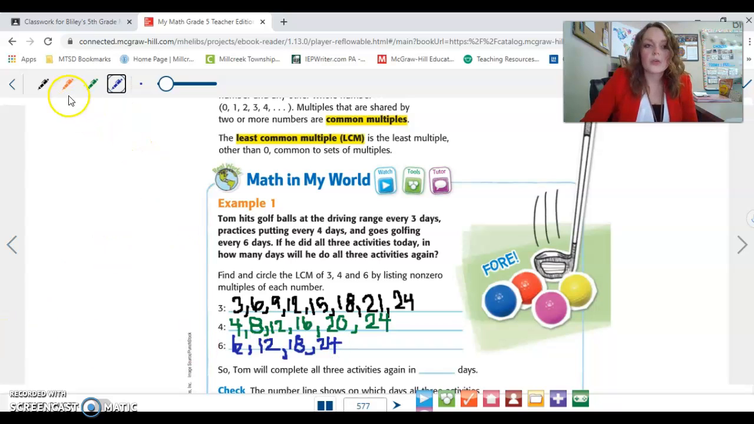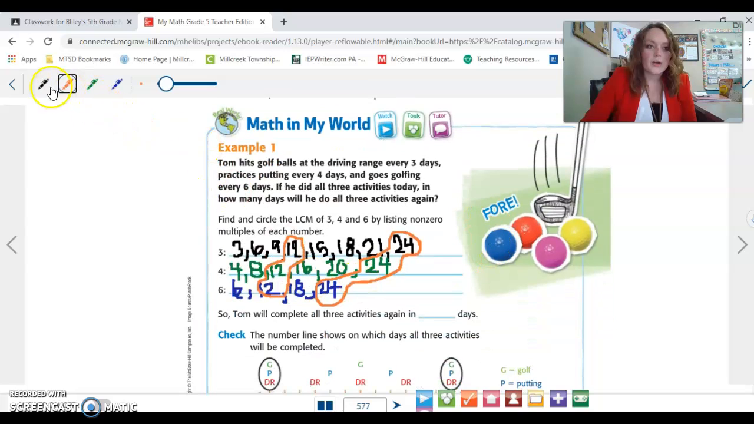So we are going to circle the common numbers or our common multiples. I don't have any other 3s. I have a 6 here and here, but not here. All of them do have 12, so I'm going to circle it. And all of them also have 24. Now, least means the smallest number. So I have 12 and 24. 12 is smaller. 12 is my least common multiple. So I'm going to write 12. In 12 days, he will